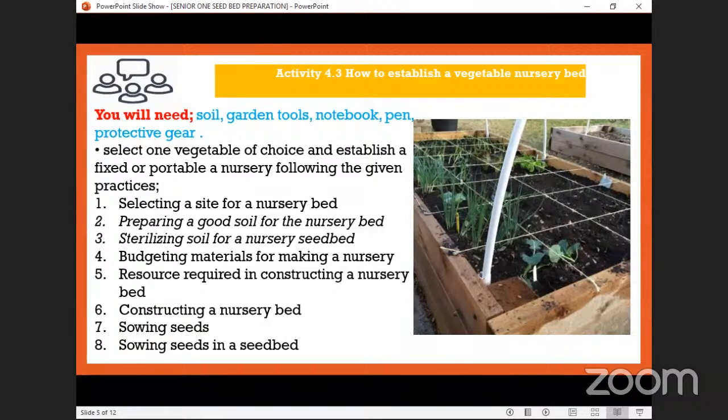Very good. So in case you want to establish a nursery bed at your home, in your compound, you could use a bucket which is useless. You could have a jerry can in your compound which has no use, it cannot fetch water for you. You have to use these steps to establish a very good one to produce